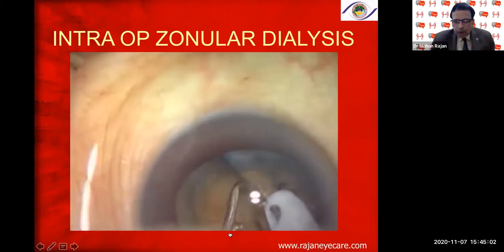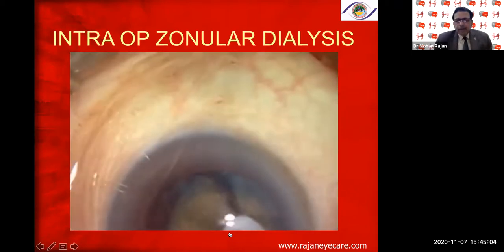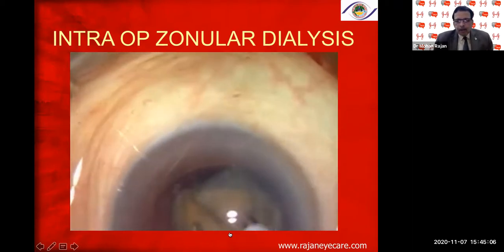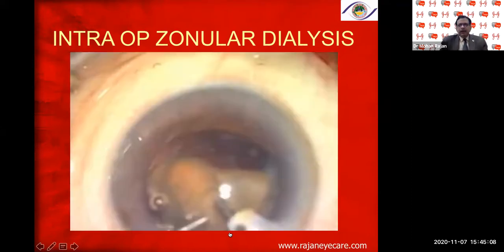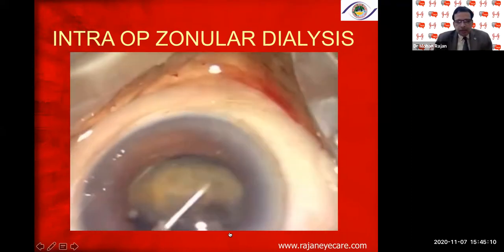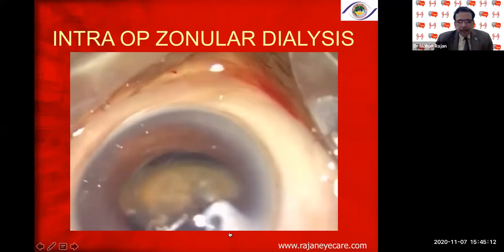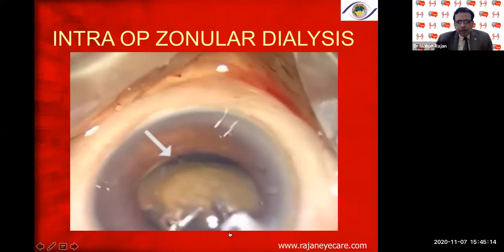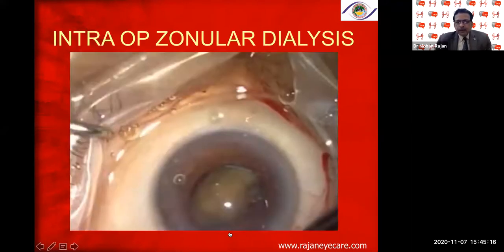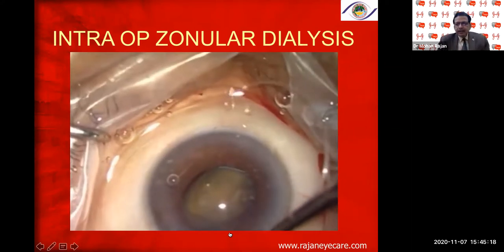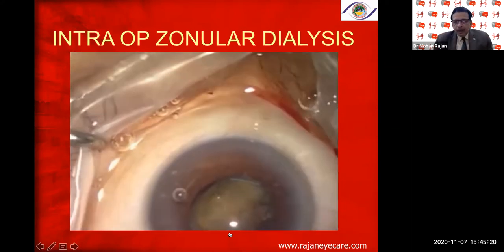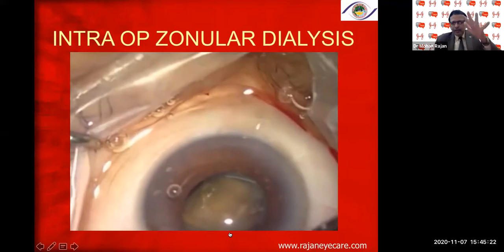Again, intraoperative zonular dialysis is a very common, not an uncommon issue, especially with the harder brown cataracts. The zonules are a little weak. The posterior capsule is also a little fragile. You can see that as I'm removing the nucleus, there is a zonular dialysis inferiorly. And immediately what I do is expand the bag,